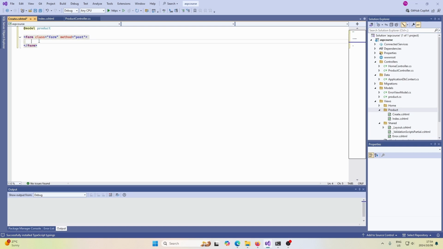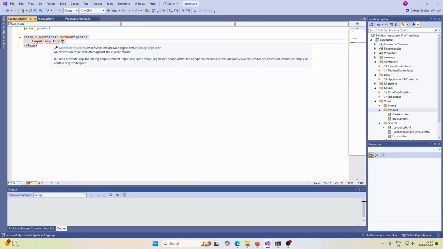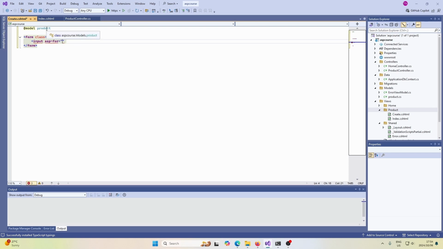So the stuff we want to get inside our model is the ID, name, and price, but we don't actually want the user to fill in an ID here, so we're just going to make that hidden. And we're going to do input, and we're going to say asp-for, and now we're going to say what this is for. So in our model this is for the ID field,